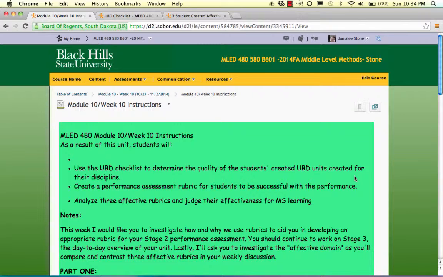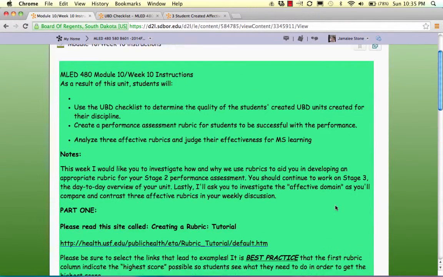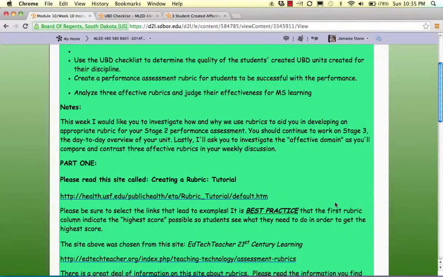In this week, we're going to continue working on your Understanding by Design unit. And at this point, what I would like for you to do is begin working on developing a rubric to assess your students' performance assessment. This will be helpful for them to know up front what you're expecting for them as they create their performance